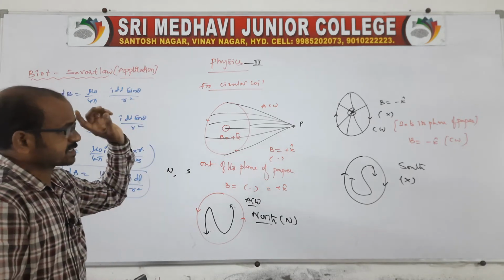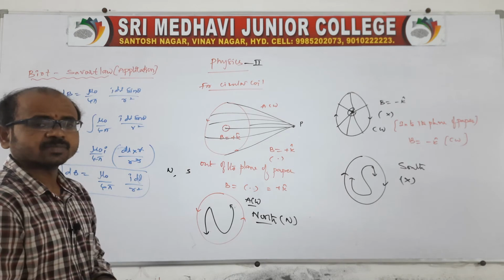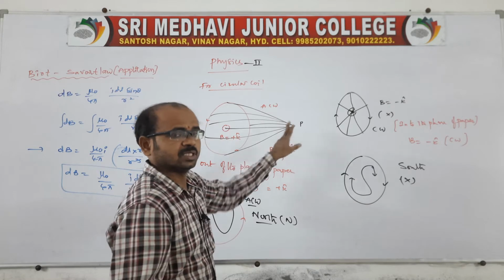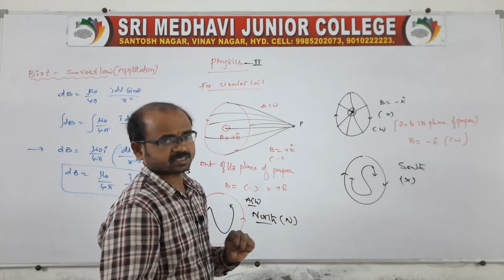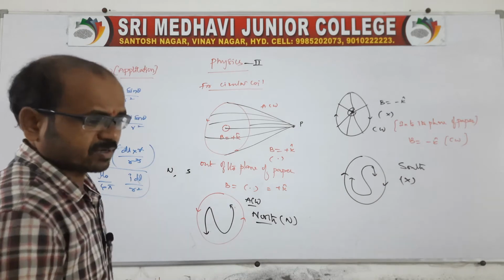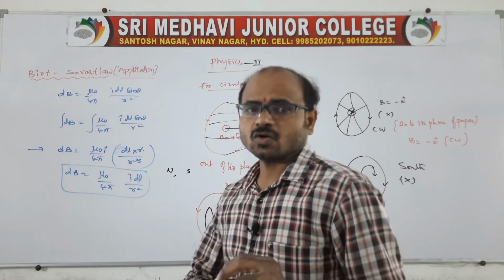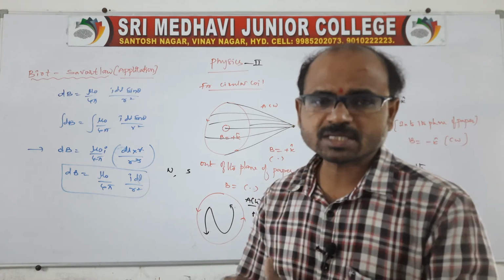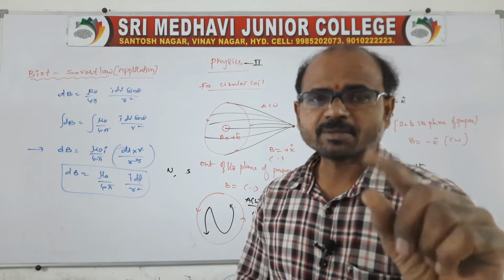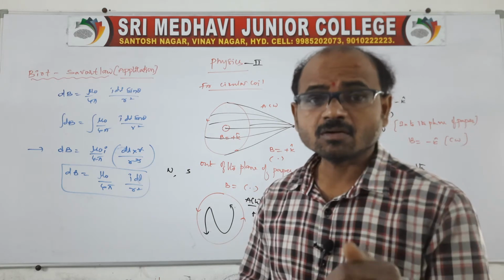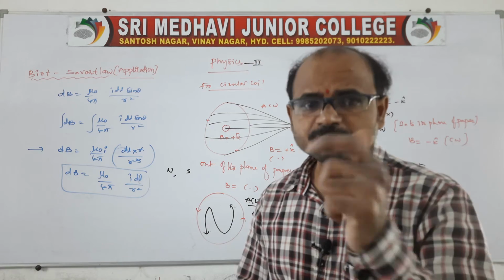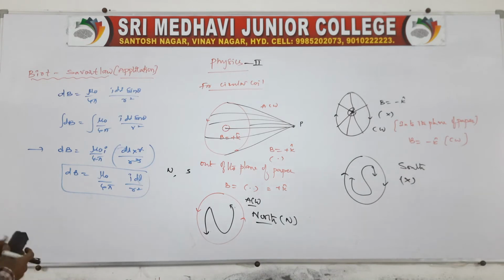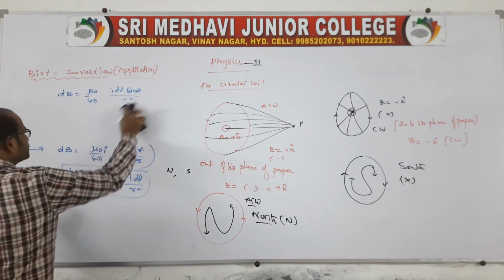Magnetic induction: one is at the center of the circular coil, and one more is out of the plane of the paper. These two are very, very important for 4 marks. See, by using the Biot-Savart law, for a current carrying circular coil, find the magnetic induction. One is at the center of the circular coil, for 4 marks. The second is out of the plane of the paper, at a distance x away from the center. So let me move to the first one. First question.